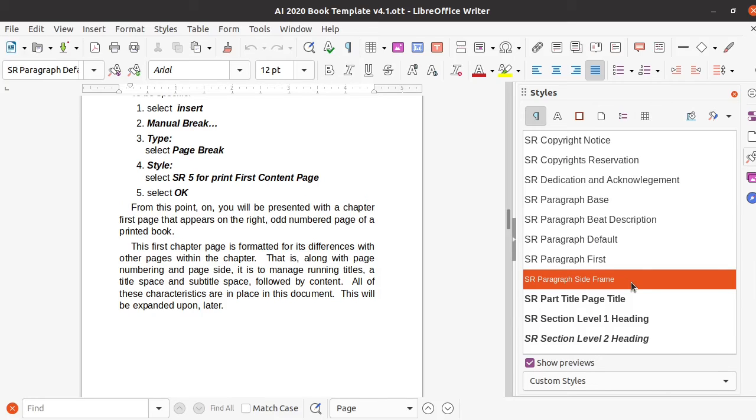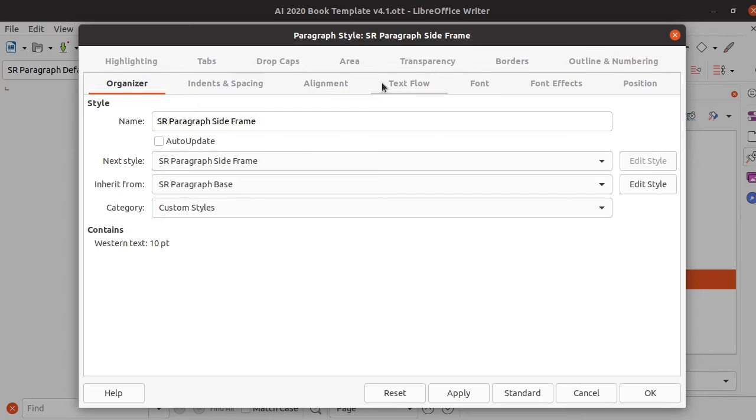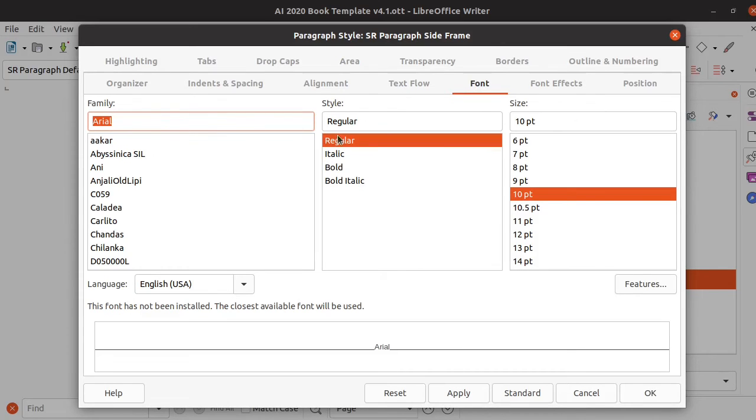SR paragraph side frame. This is even more remote from most usage. But as you can see here in the font, it is Arial Regular 10 points. So here I am asserting a stylistic visual change. The size of the font is going to be picked up quite readily by the eye, and it's going to be distinctively in what is called a side frame. So my naming conventions here are getting a little strained, because what do I mean by side frame? This is using a multi-column flow,